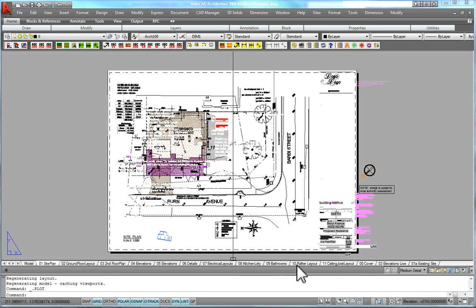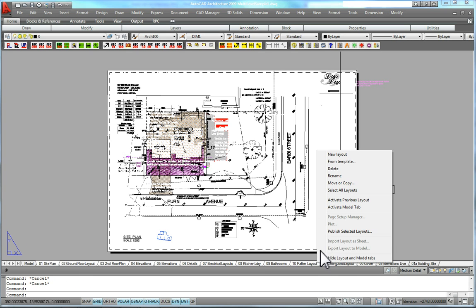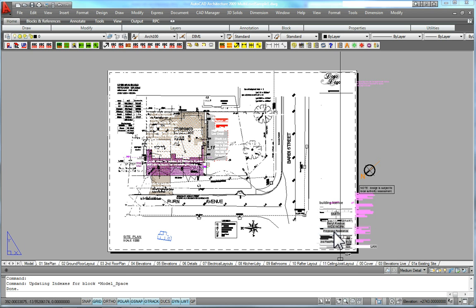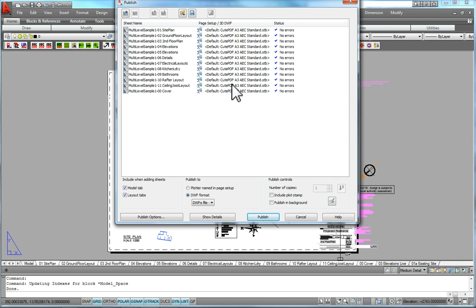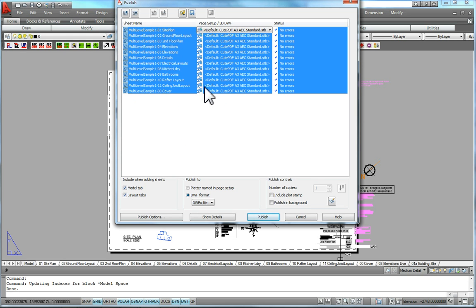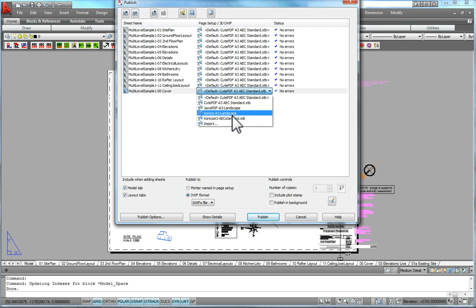However, I can also select a whole series of sheets, the whole set of sheets, right click and select. Notice the plot option is gone, but I can do publish sheets. It will come up with my standard PDF. What I can do is I can change that to Konica, or I can import one. So I would have my 2 or 3 standard setups set here,